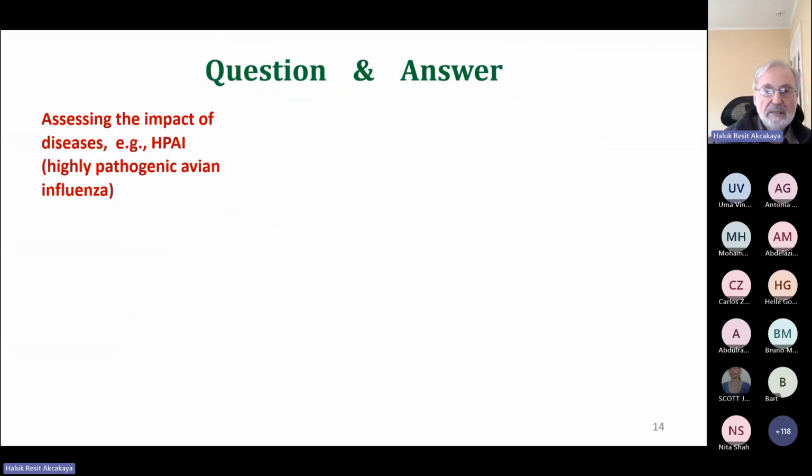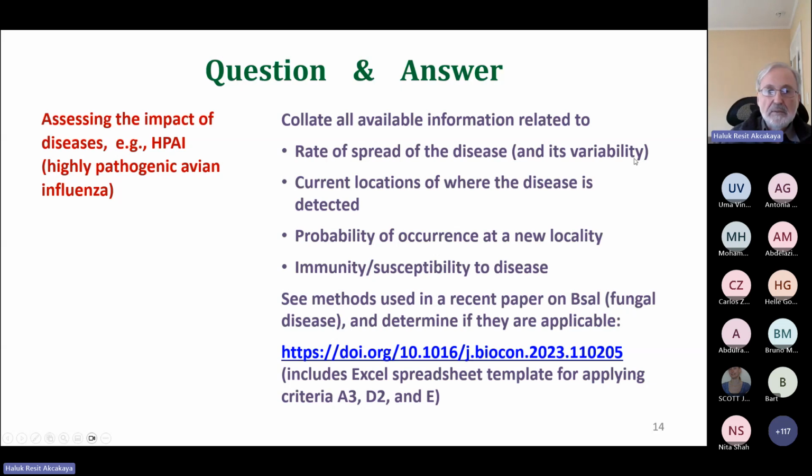So one question related to reductions was about an impact of diseases, specifically avian flu. I don't know much about avian flu, so I cannot really talk about it. But one thing that I can say is that if a disease is spreading, then the important information to collate will be the rate of the spread of the disease and how that rate is variable from year to year, to collate information on current locations where the disease is detected, and assess the probability of occurrence at a new locality. In other words, what's the risk that humans will spread the disease to new places, and also the species immunity